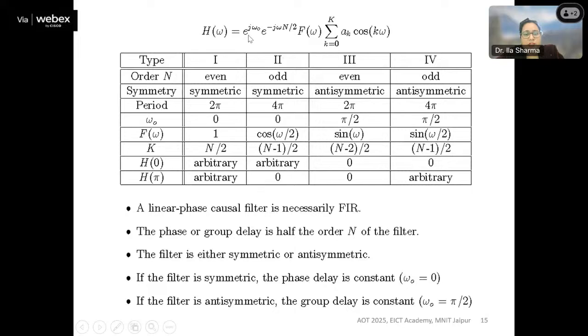So here the magnitude response which we are talking about has these exponential components, then we have this, and then we have these a_k terms that represent the different coefficient values, and that is coded with this cos term. So this is your magnitude response. See why we are reading this, because this is very important. We need to know about the characteristics of your magnitude response, because while formulating the objective function, we will be considering the magnitude responses all over.